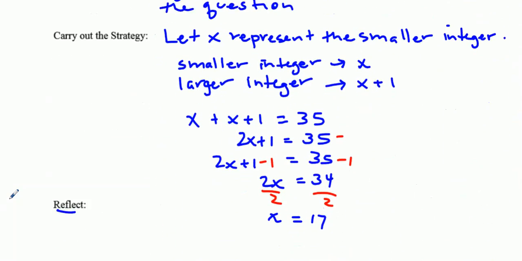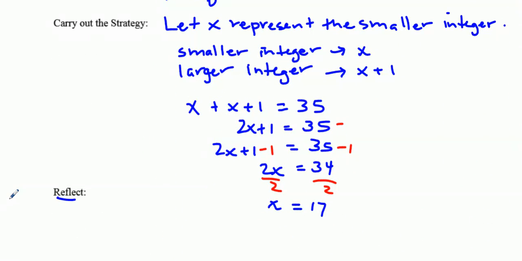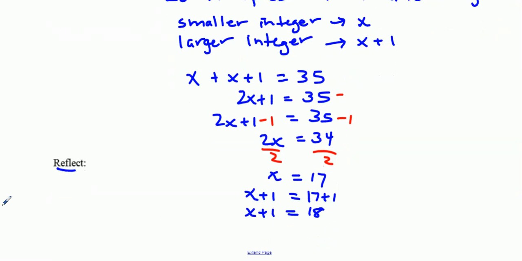So this is the smaller integer that I have found because that's x. That's what we let x represent. The other one is x plus 1. So then I would just stick the 17 in there and add 1. So x plus 1 is 18, obviously. And our reflection will also include our little therefore statement. The two integers